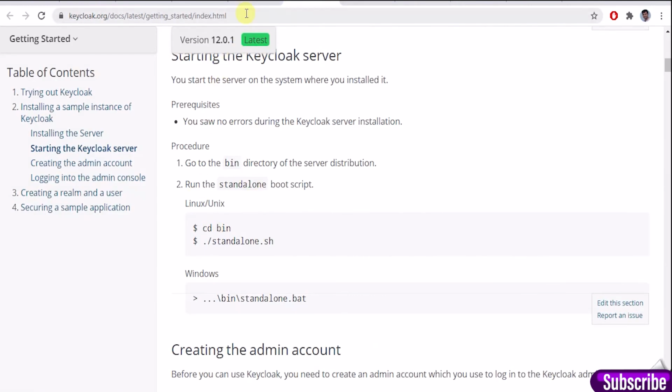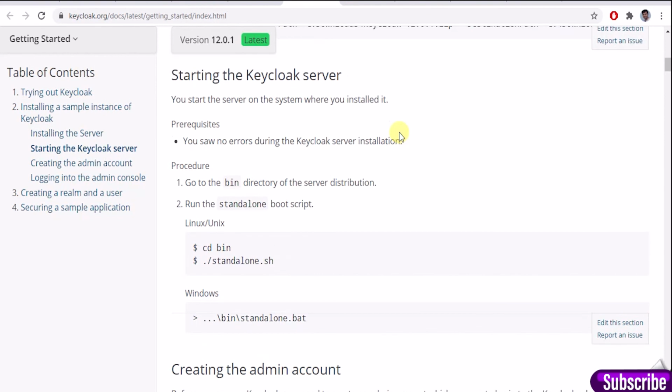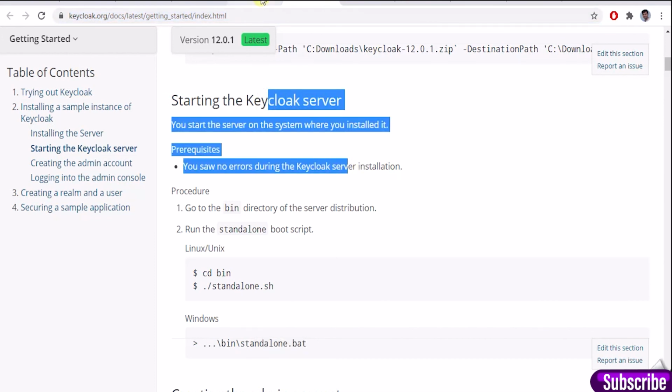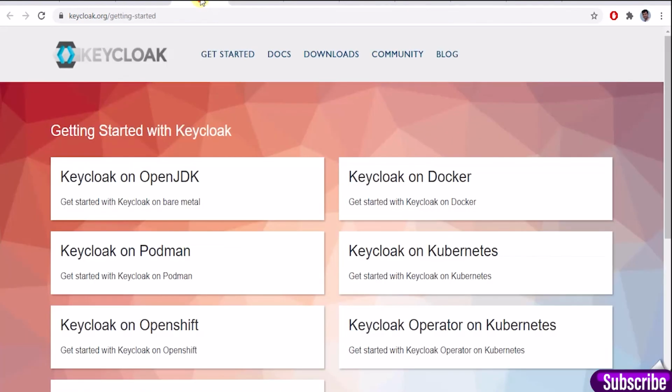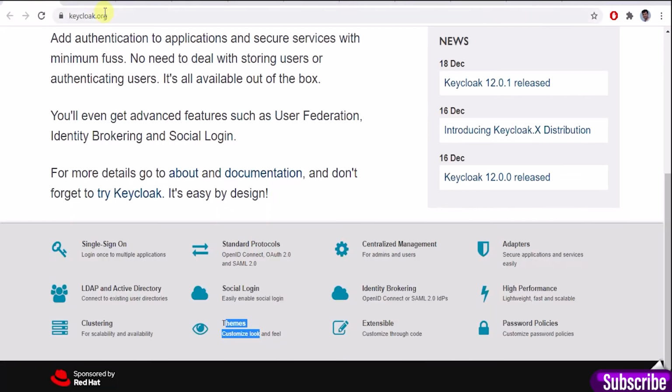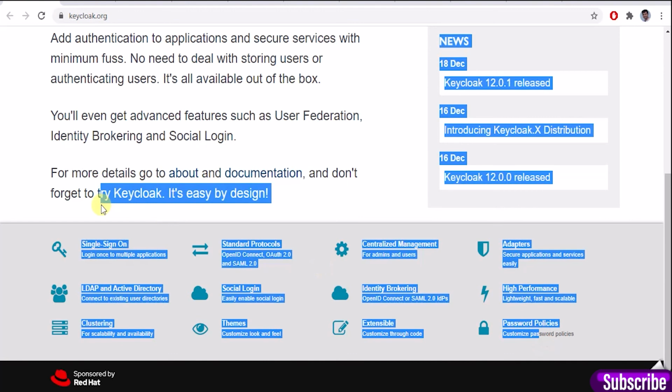In the get started doc also, you can see on a Linux machine, you need to run using standalone.sh, and on Windows using standalone.bat. Remember this URL, which helps you to get started on Keycloak. If you want to learn more, please visit this site keycloak.org, and these are the out-of-box solutions with Keycloak that you will get.